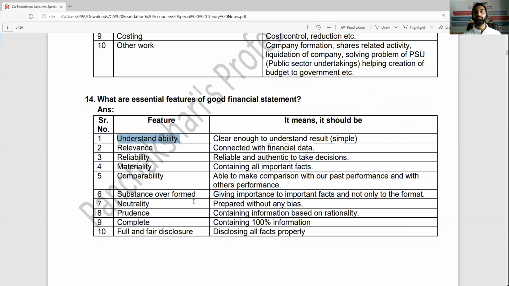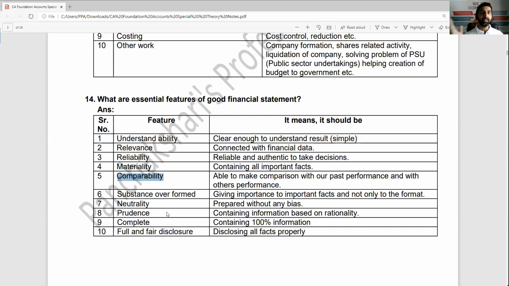Anyone, any layman can pick that financial statement and he can analyze to some extent. Relevance. All the data included there must be relevant to the books of account or to the business. Irrelevant data should be avoided. Reliability. The data should be so accurate that the external parties or internal parties can rely on it, because ultimately you have to remember that on the basis of your data, the financial statement you prepare, huge amount of investment flows to your company. So it must be reliable.